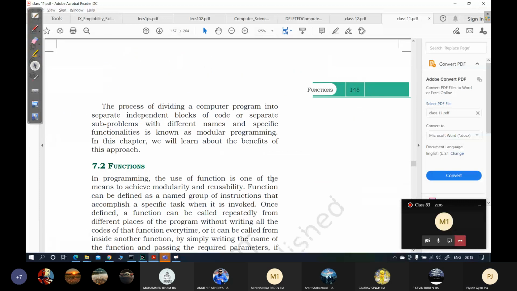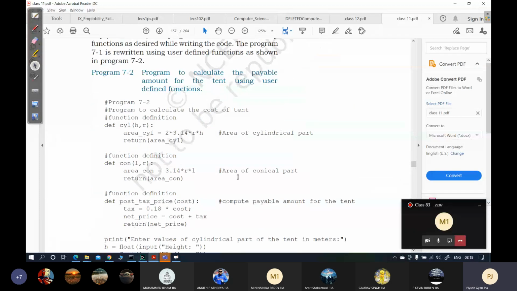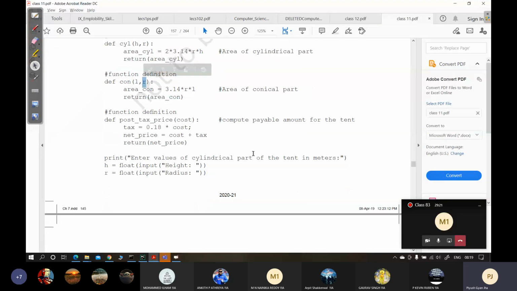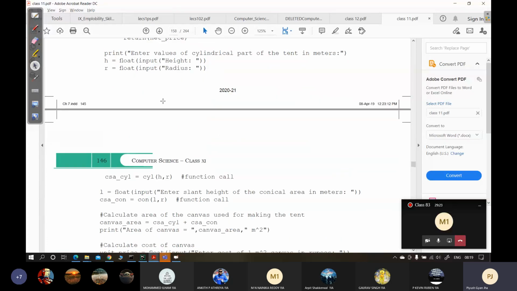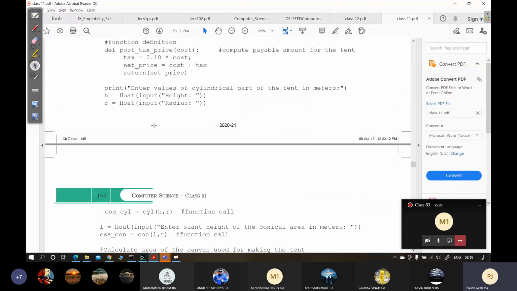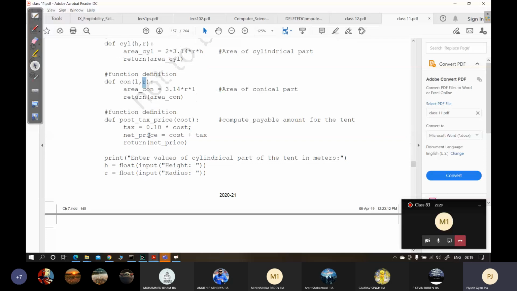Right. Then another example can be a program to calculate the payable amount for the. अच्छा इसी को वो देखो उसका solution next में दिया है ये conical part का यहाँ find किया and here see here they have taken both R and A. ठीक है तो उसी तरह का वो बनाया है and then they have solved it. I have already discussed this. They have of course included the tax वाला part को भी उसको भी एक अलग function में बना दिया है.